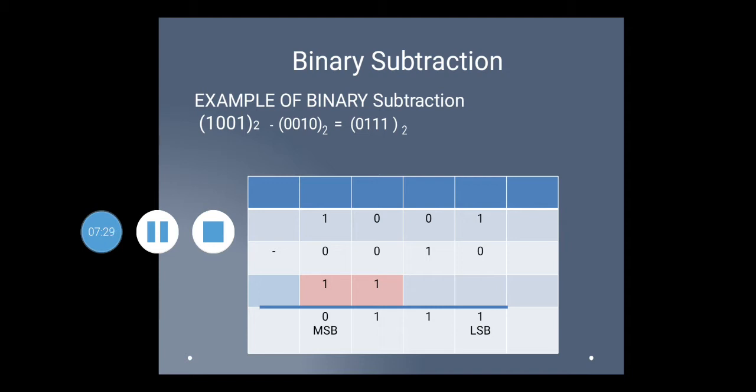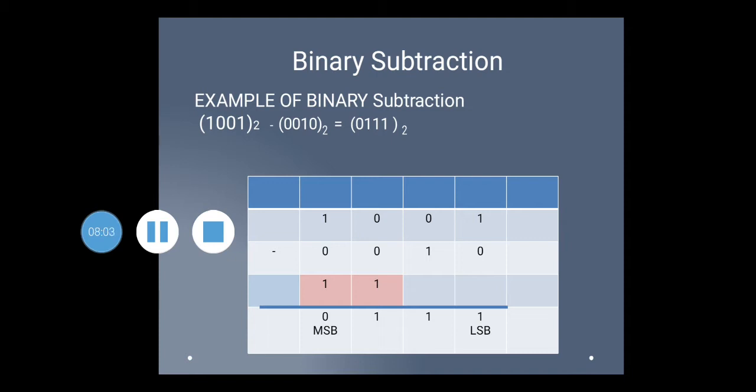0 minus 0 is 0. So the result is 0. Whatever result is there, from that you are going to subtract the borrow now. So that is 0 minus 1, and you get the result as 1, that is the difference as 1, which is written down here. And also a borrow is generated, which is shifted to the next consecutive bits, on the downside with the pink color. So now again there are 3 bits for subtraction here, 1, 0, 1.